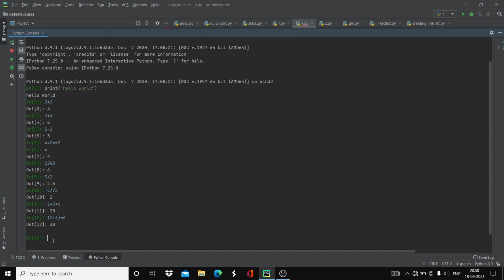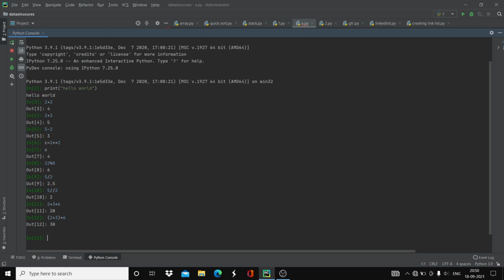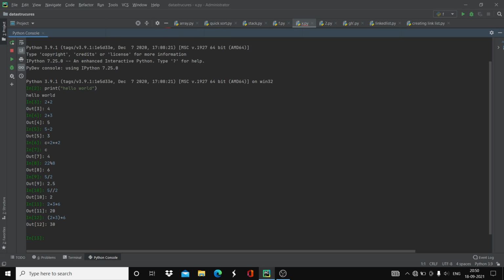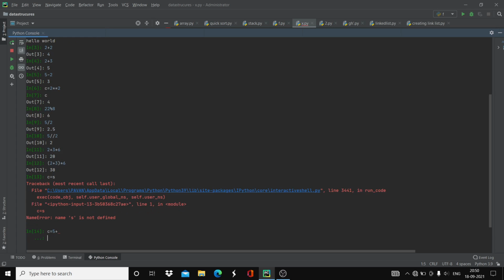Whenever you use any operator, you use it in between the two operands. If you're not using it between two operands, you will get an error. For example, let's say c is equal to 5 plus, then print c.